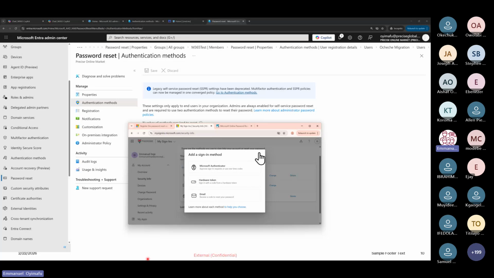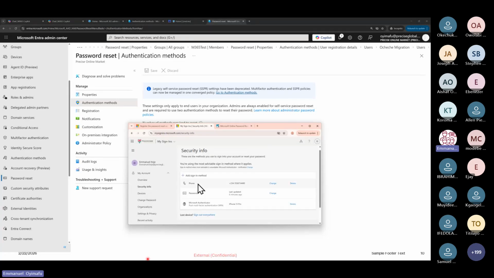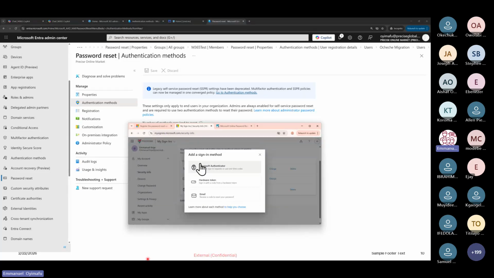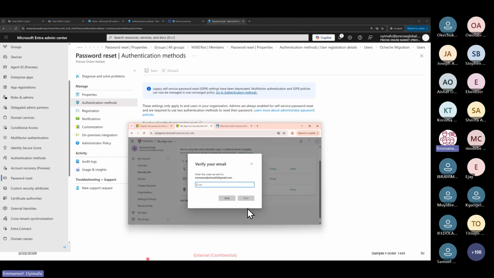So I will just click on add under sign in methods. I'll click on add, then I'll select email. I'll put my Outlook, or let me put my Gmail. Okay. So a code will be sent to my Gmail, then I'll just enter it.